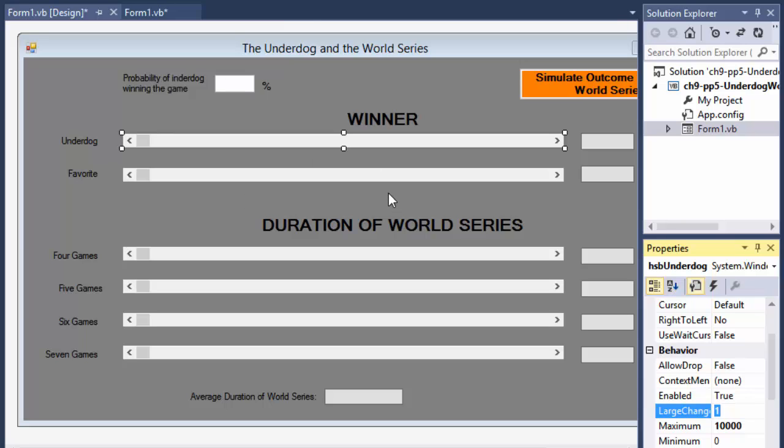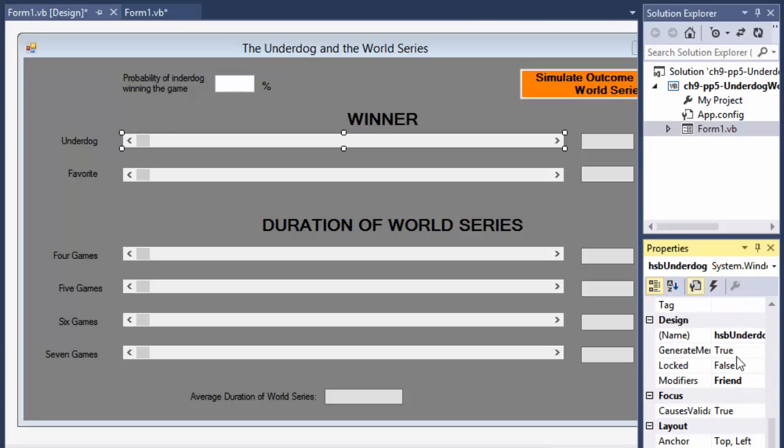They want us to move it every time a World Series game is played, and in 10 World Series, not 10 games. Remember that. It might be a little confusing, but again, one World Series can consist of 4 to 7 games. So anyway, the large change is 1, the maximum is 10,000, and I simply name them,